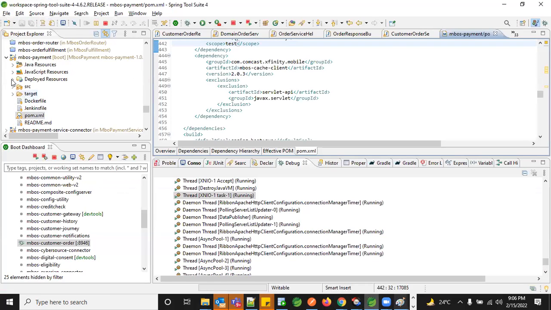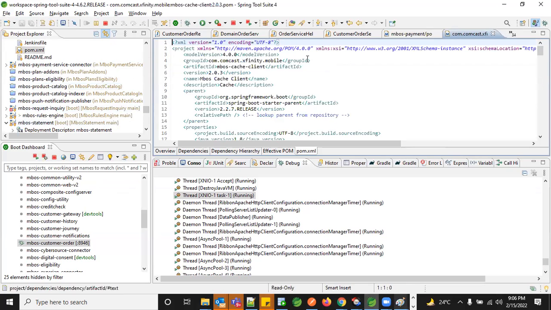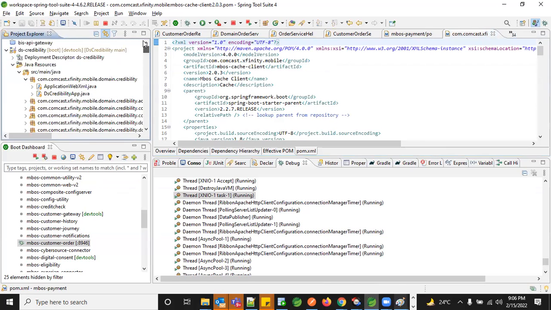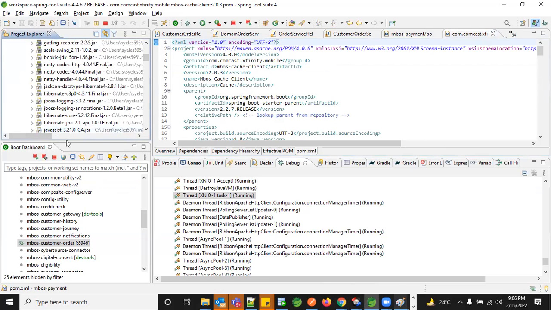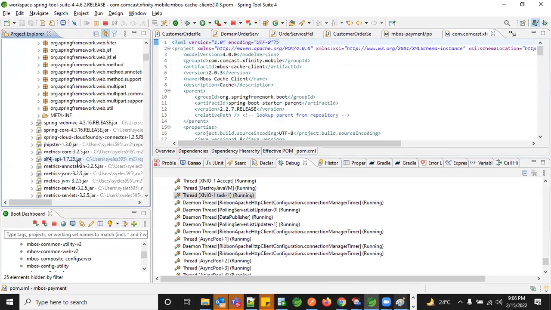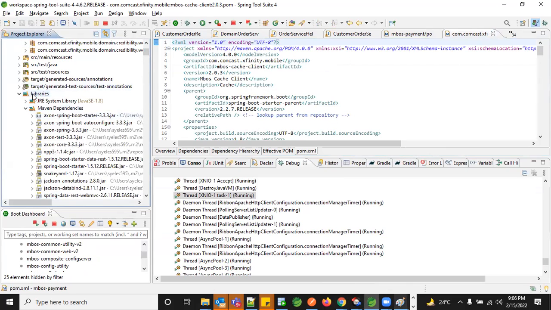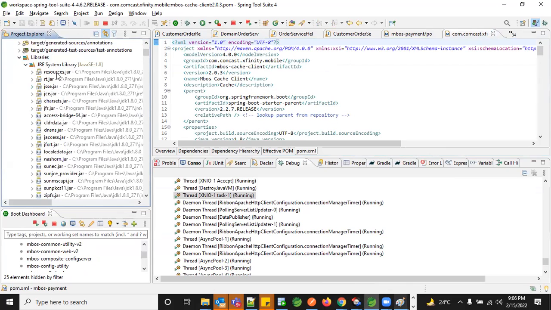Okay, so where exactly will these jars be loaded? If you see here, I can see n number of jars, right? Where are these jars coming from? Under libraries, there is something called the JRE system library where you have all your JDK related jars, like the runtime jar or your Sun jars, everything under this JRE library.